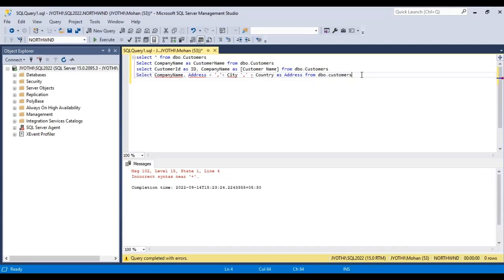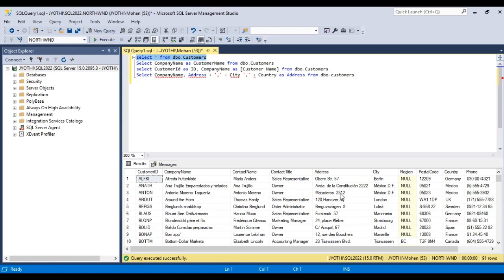I don't know why the error is coming. Comma address plus city plus country. So we are getting an invalid column name error.